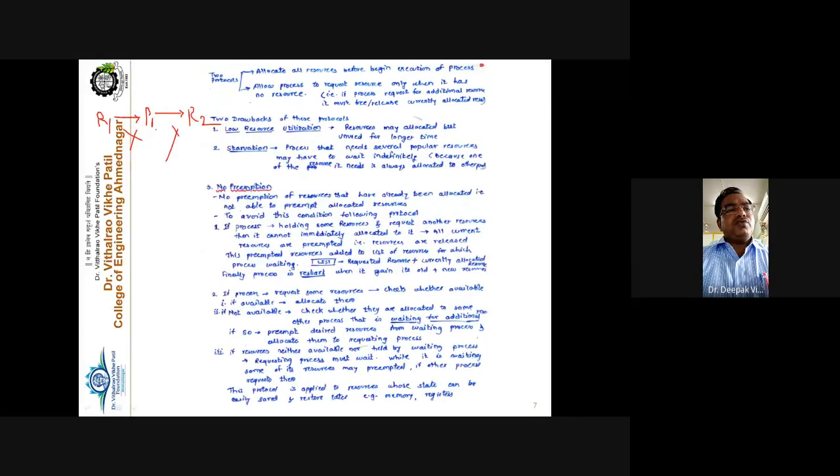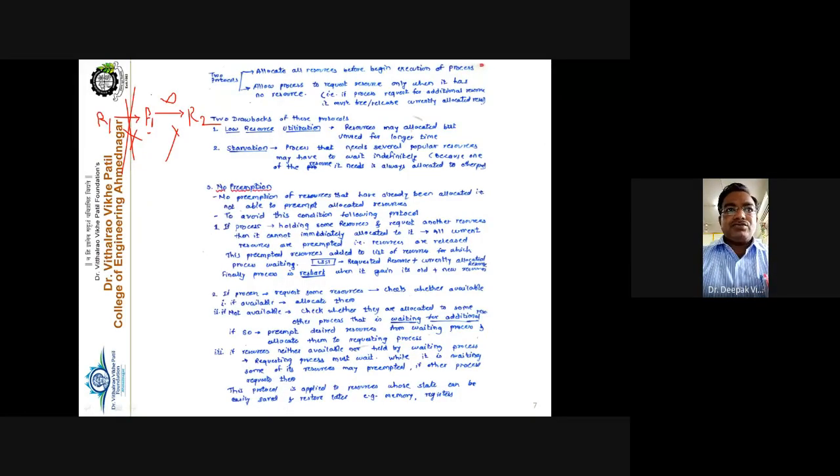So the solution is that a process is allowed to request a resource only if it does not hold resources earlier. Here you are breaking this condition. If process P1 is holding resources, then it is not allowed to request another resource, because it has already acquired some resources, right?